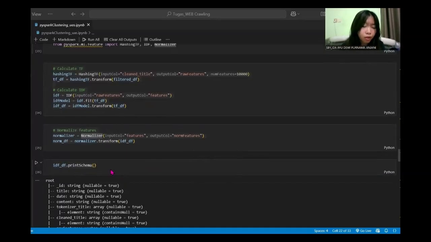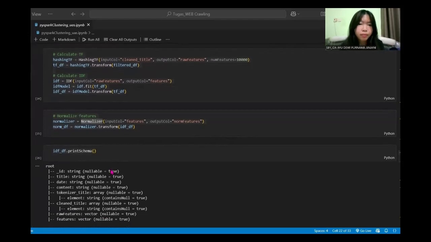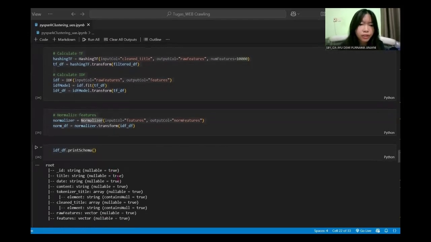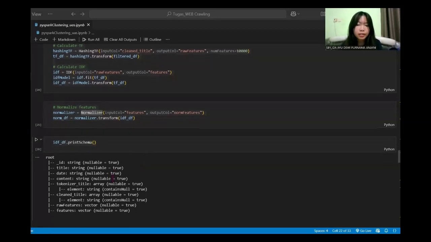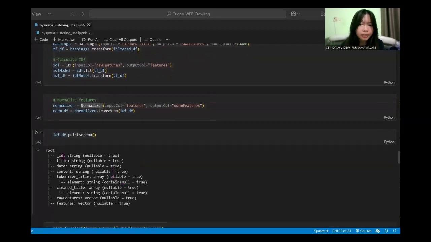Next, in line 26, the IDF_DF printSchema method displays the structure of the IDF-TF data frame. It contains several columns like ID, title, date, and content, all of which are strings. The tokenizer title and clean title columns are arrays of strings, representing tokenized and preprocessed versions of the title.